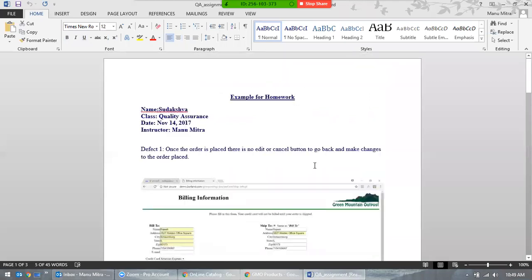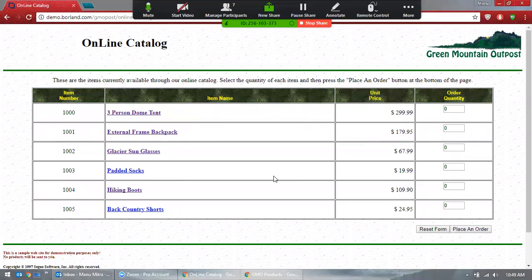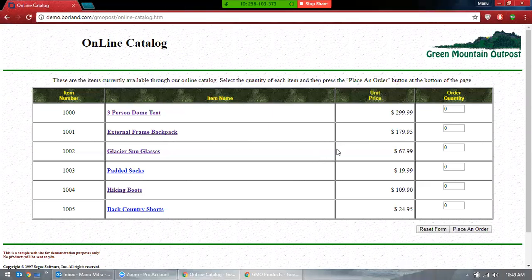Because you cannot buy without it, this is common sense, right? So these defects are mostly common sense. We don't require a document for this. We really don't need a document for this. And personally, whenever I test anything, I check all these common sense things. We really don't require a document for all this testing.